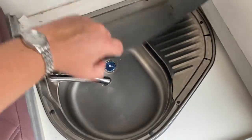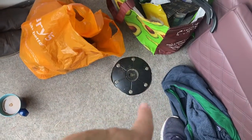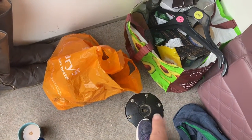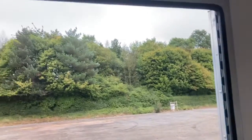And also there is a dining table that stores in here, which is just like a little square dining table and a pole for it that lives in the wardrobe, and then that just pops into this sort of hole here, so you can actually put a little table up and sit either side on this bench seat and have dinner or whatever. So yeah, it's really well designed, and I would definitely recommend AM Horse Boxes if you're